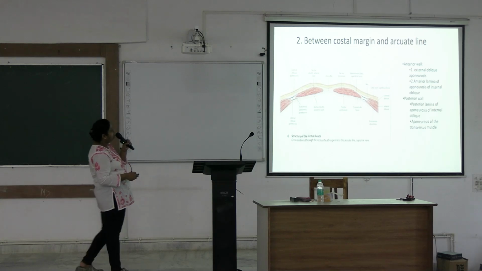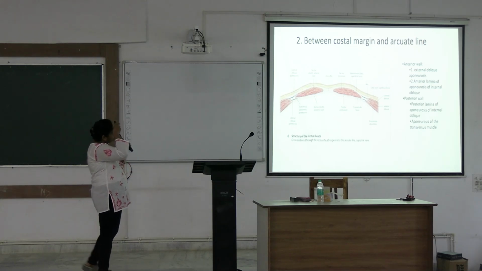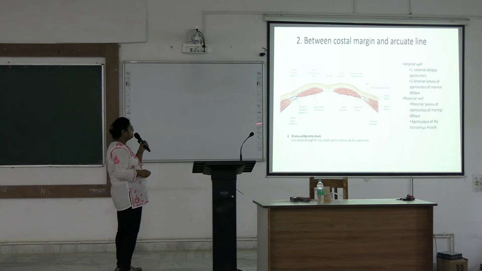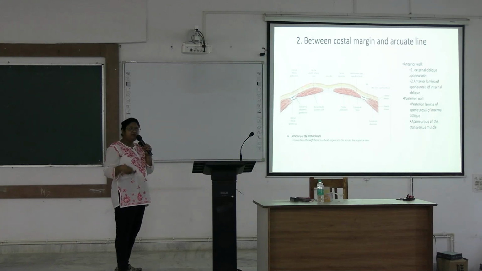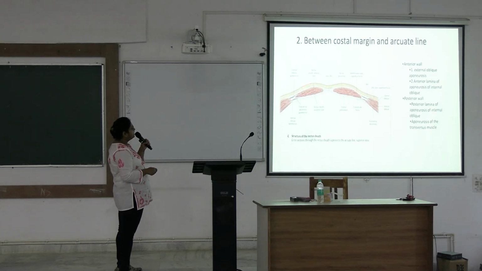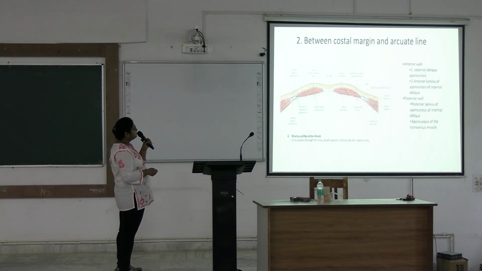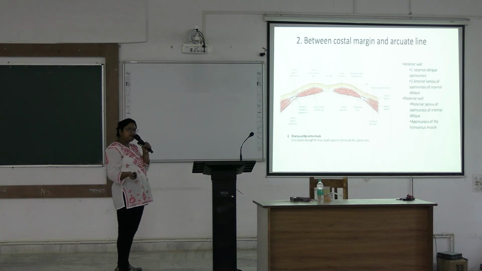Between the costal margin and arcuate line, the anterior wall is formed by the external oblique aponeurosis and the anterior lamina of the aponeurosis of internal oblique. See, this is external oblique, internal oblique, transversus abdominis. At the lateral margin of rectus, the internal oblique divides into two laminae. The anterior lamina goes anterior and fuses with the external oblique aponeurosis. The posterior lamina goes posterior to the rectus and fuses with transversus abdominis, forming respectively the anterior wall